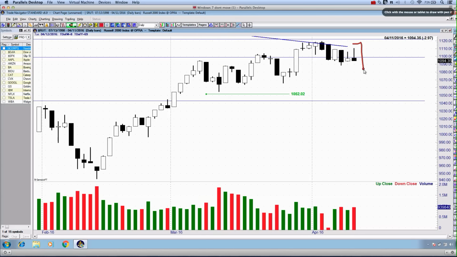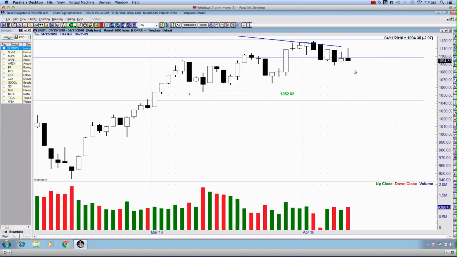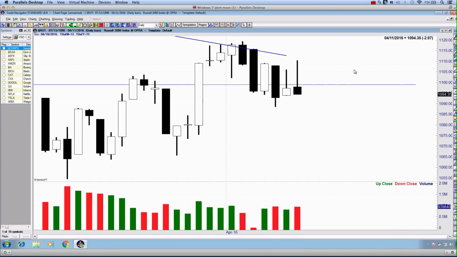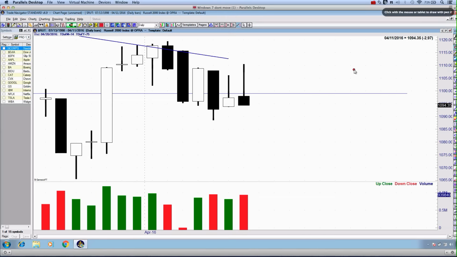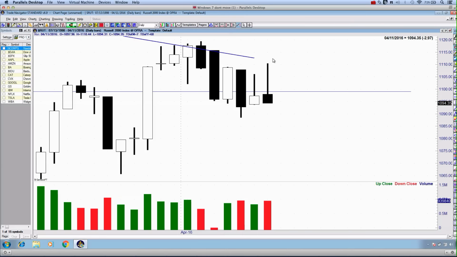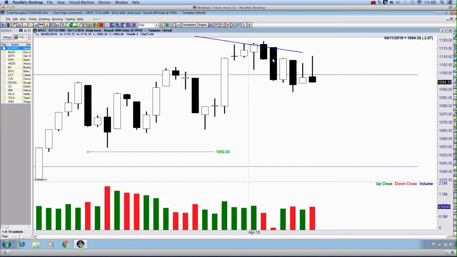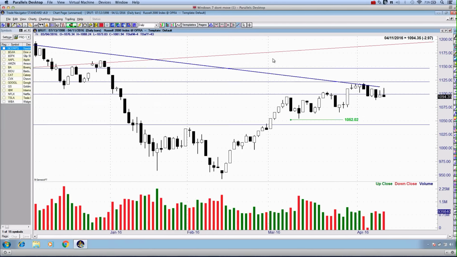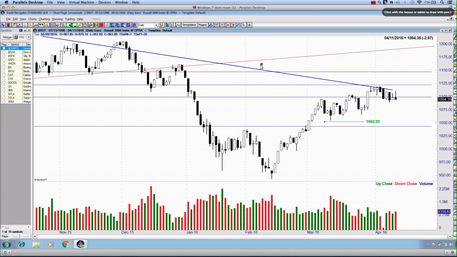You can see right here, what is that candlestick again? A mirror image of the candle we saw on Friday. Yes, the real body is a different color. It is a dark candlestick on Monday compared to that on Friday, this one right here being white. But again, the sentiment, the story of the formation of these candlesticks, is indicating that the sellers are gaining momentum, gaining the upper hand, the advantage, right up at the varying levels of the primary bearish trend lines, and of course those overhead resistance levels which I've referenced in the videos.